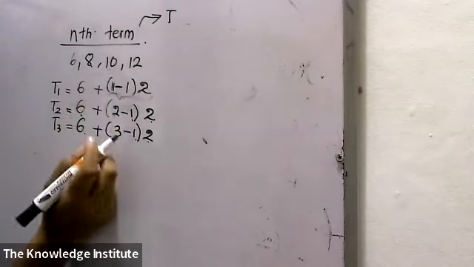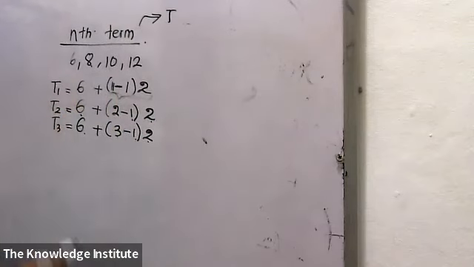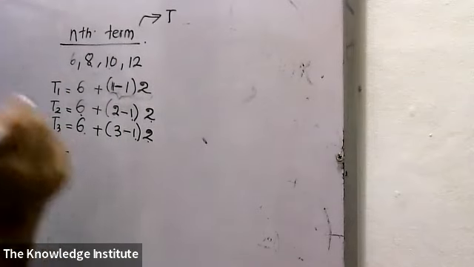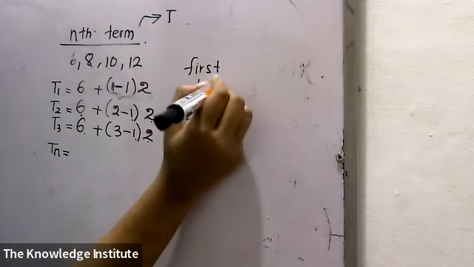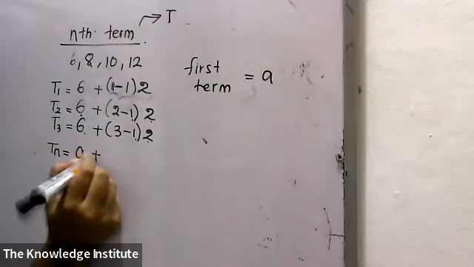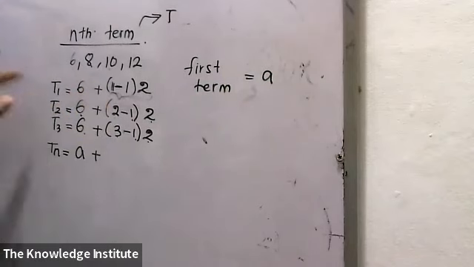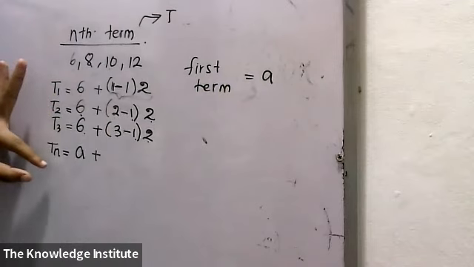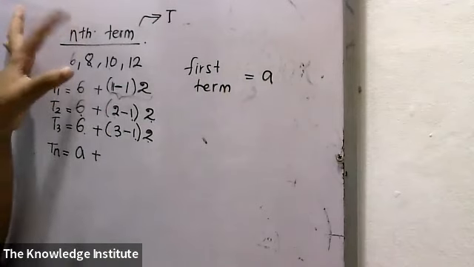Yes. Okay. Now if you see this, what can you tell about 6? It is the first term. Usually for the first term, we use the symbol A. So I'm writing it as A. You have a plus mark. Now tell me, 1, 2, 3, it is changing. What is changing here? Isn't it the term number? Yes. If we have to find it for the n-th term, for a common term,